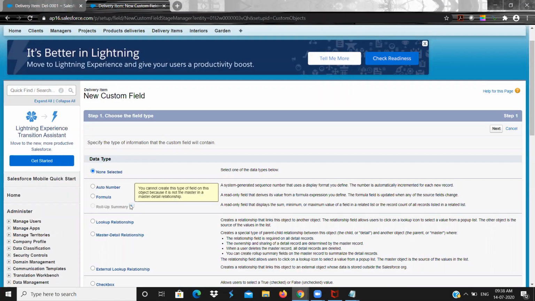What it says is you cannot create this type of field on the object because it is not a master in a master detail relationship. So roll up summary can be created only in the master object of a master detail relationship. Okay, so with roll up summary you can do sum, minimum, maximum and count of child records.